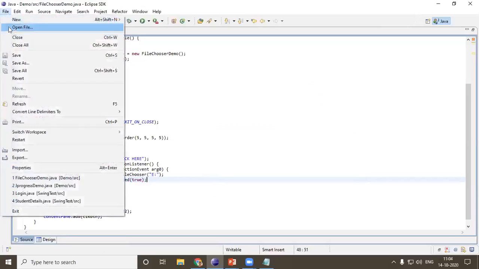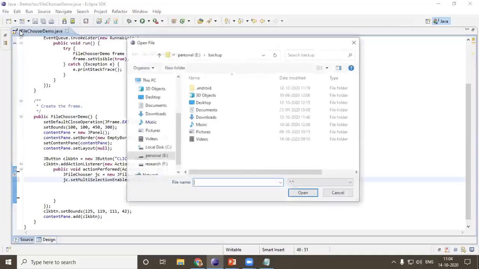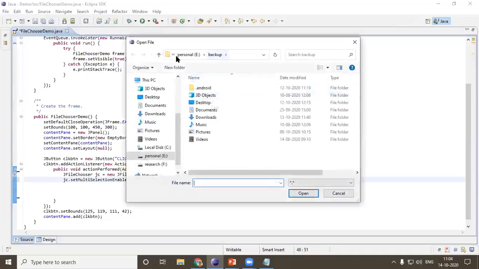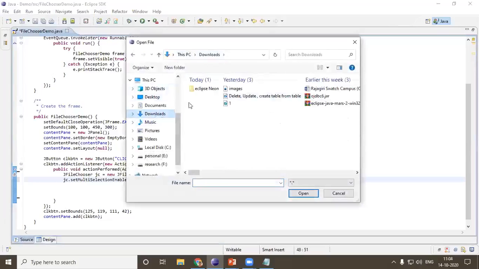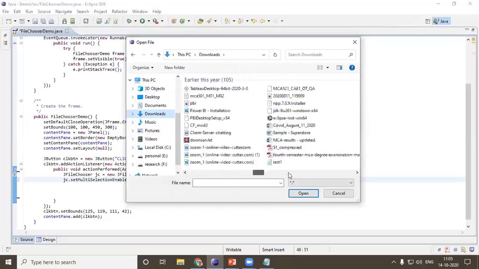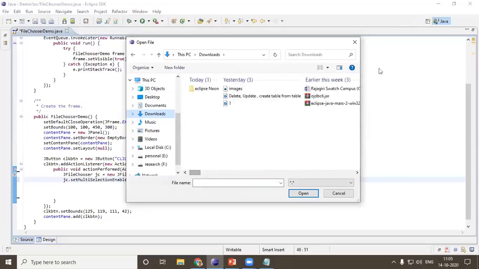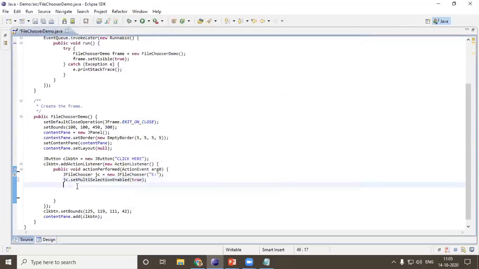Now, look here. I'll even show you one more thing. Open file, let's say downloads. Now you can see a folder over here, and you can even see files over here. Whether you want only files, only folders, or both can also be set in your JFileChooser.